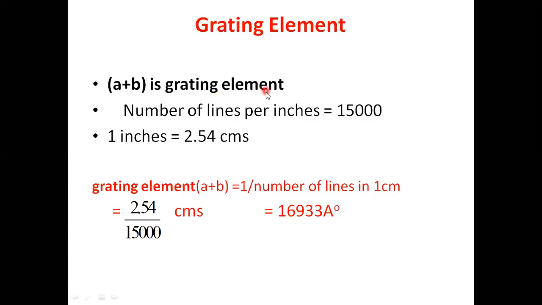So what is the grating element? The grating element is basically the characteristic property of a diffraction grating. And what is the significance of this grating element? The significance of the grating element is that it gives us an idea of the slit width. And if the width of the slit is comparable to the wavelength of light, then this grating will be suitable to